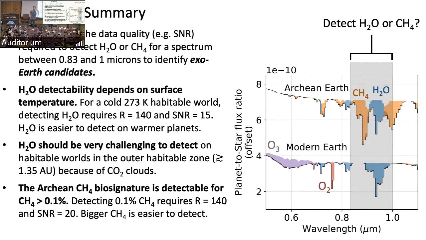So O2 is, for the modern Earth, 20%, 21% oxygen. You need about a signal-to-noise ratio of 10-ish and spectral resolution of 140-ish. And that has to just be in the part that covers the 0.76 micron O2 feature. O3, I don't know. The feature is really big for O3 in the UV, but I don't really know exactly what you need to detect it.